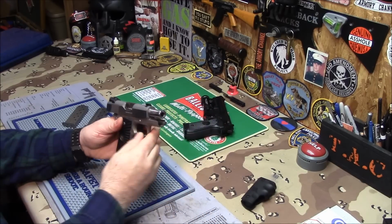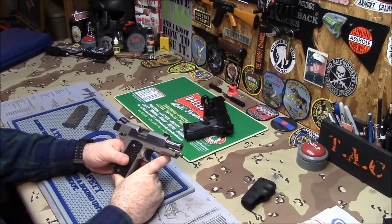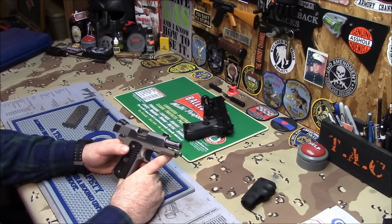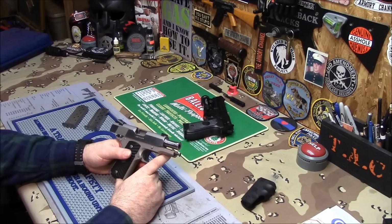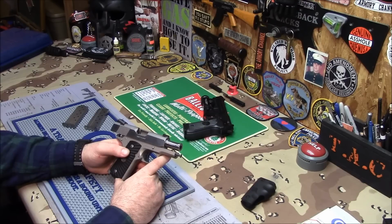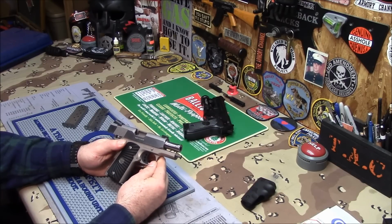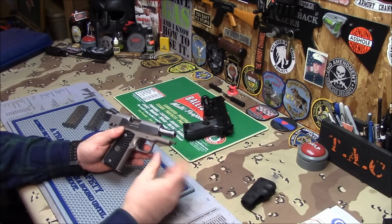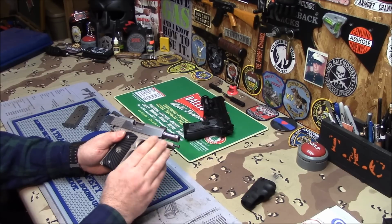But as time goes on, things get better, and I work at a gun shop, and I know a lot of people with 1911s that are 9mm. The thing about the 1911 in 9mm, on the bigger sizes, it don't make sense to me unless you're going to target shoot. It don't make sense to me to have a full size, or even a commander size 1911 that's 9mm, and you're going to carry it because you have all that weight. It can handle the 45 well, but this size in a 9mm makes a lot of sense, because this size in a 45, especially if you have arthritis like me, this size in a 45 with a light frame